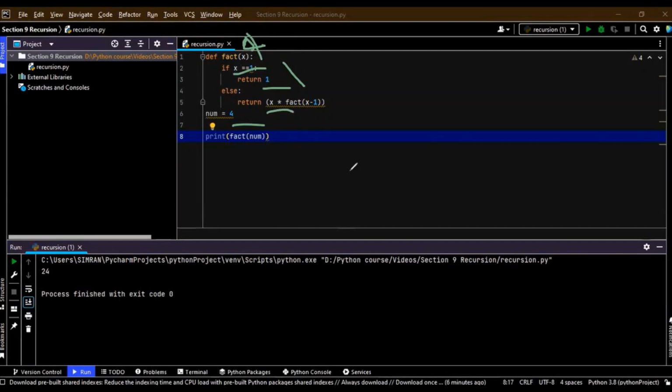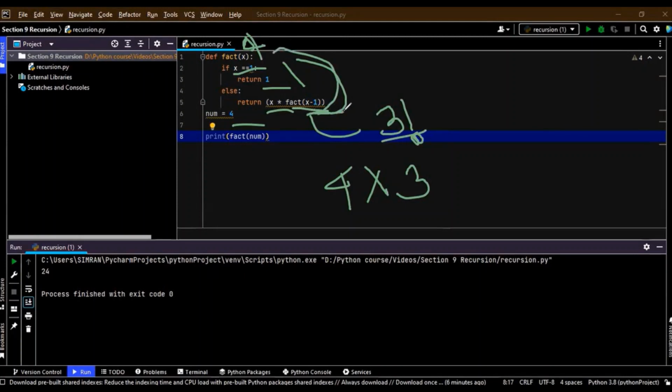What is the value of x? x is 4 multiplied by fact x minus 1, that means 3. Now you are talking about 3 factorial. That means you need to again go inside that. That is 3. 3 factorial again goes in